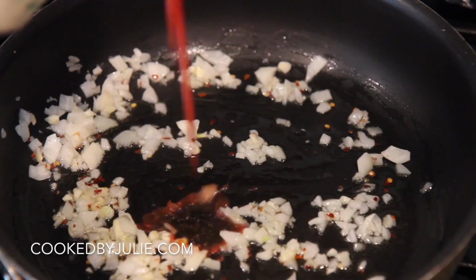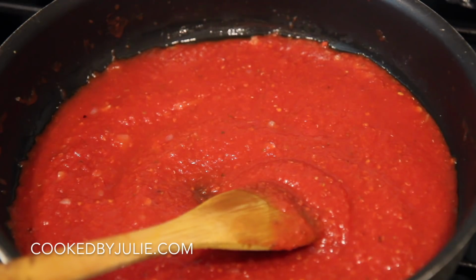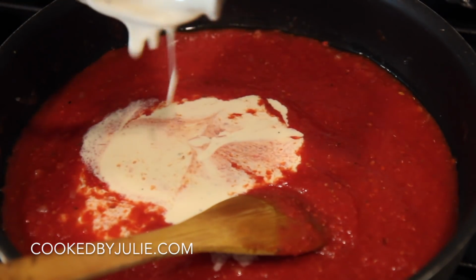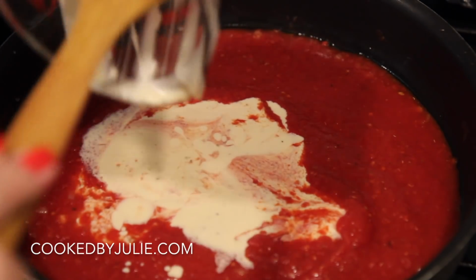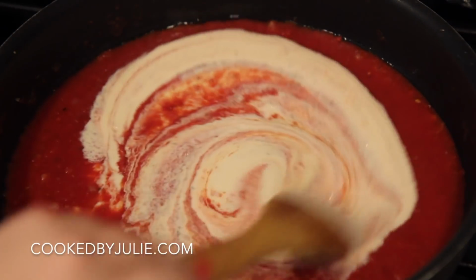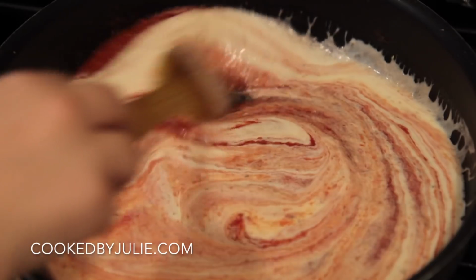Here is what will take this baked ziti to the next level. And trust me, once you have this baked ziti, you probably won't ever make it any other way again. Add some good quality Alfredo sauce. That will produce a cheesy, creamy pink sauce, and I promise you're going to love it. And if you've ever had the 5-cheese ziti at Olive Garden, then you'll be surprised how similar this one tastes,